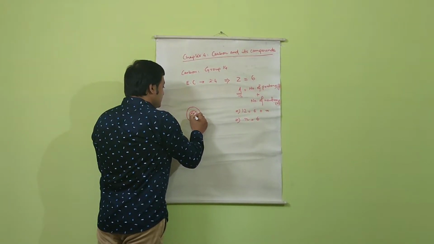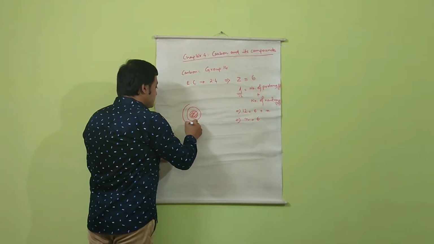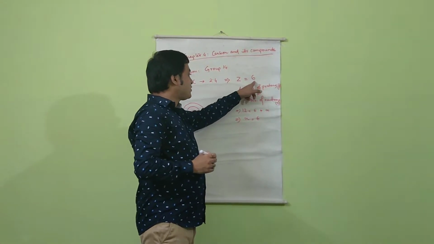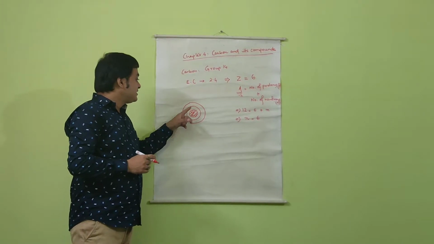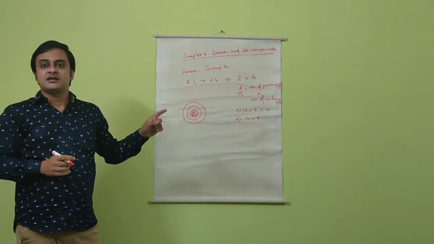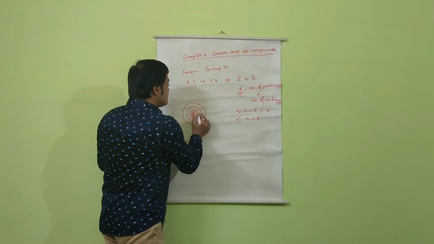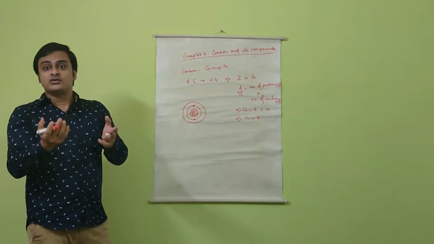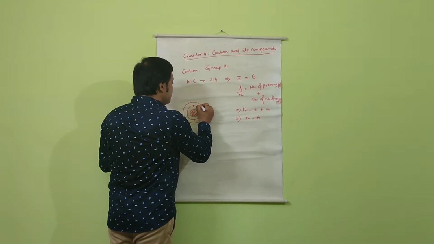Now, we know that there are 3 subatomic particles, and the third subatomic particle is the electrons. Since it has 6 protons, this will be balanced by the 6 electrons. These electrons will be lying outside the nucleus in discrete energy levels or discrete shells. The first shell can hold a maximum of 2 electrons. This is 1 electron, this is 2 electrons. It cannot hold more than 2 electrons, and this is a doublet, and the remaining 4 electrons will be in the L shell.